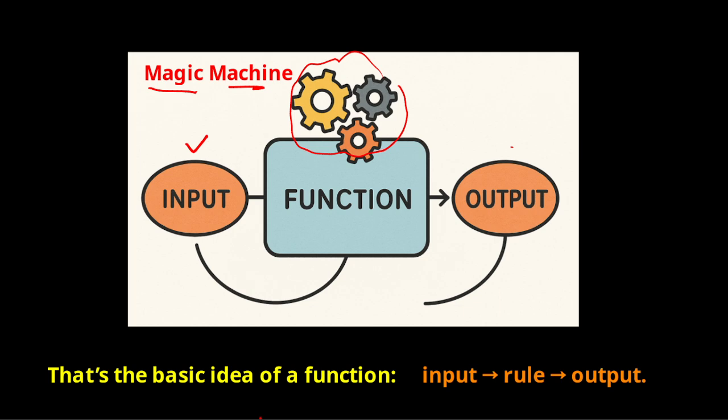Again, I want to tell you that rule means your machine must have clear instructions on what to do with your input. So that is a simple picture to understand the function. You have input, the machine does work on that input according to the rule that is assigned, and then it gives you some output. There are so many real life examples of functions. In the next video, I will tell you how to understand and how to use this term function